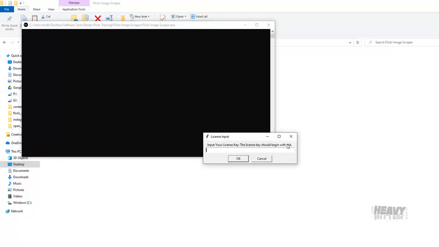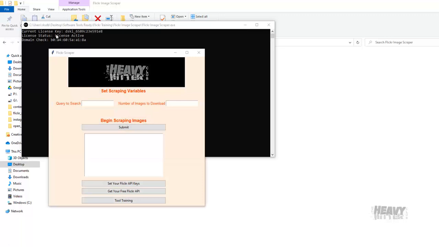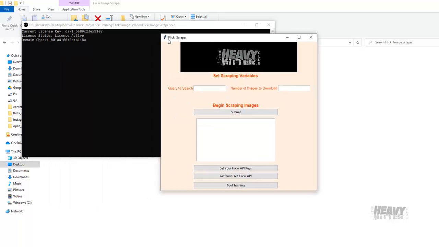First thing you're going to need to do is put in your license activation code. Okay. It's going to check, make sure the license is active, and then it's going to come up with the Flickr scraper. The first thing you're going to have to do is set your Flickr